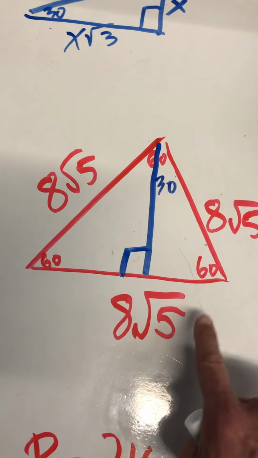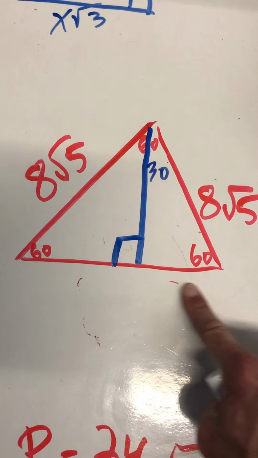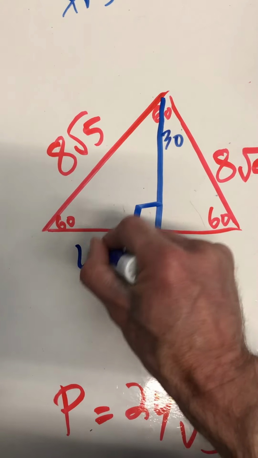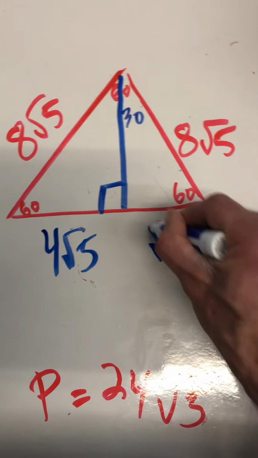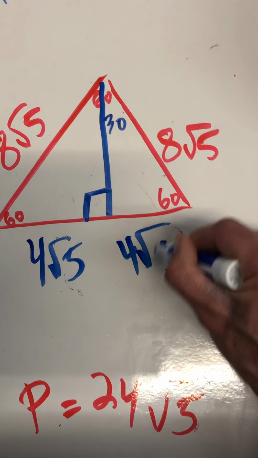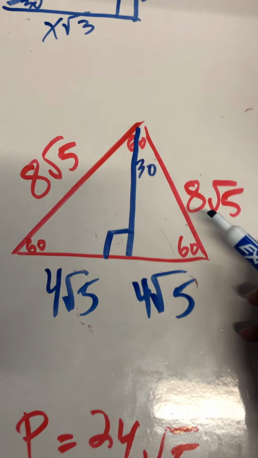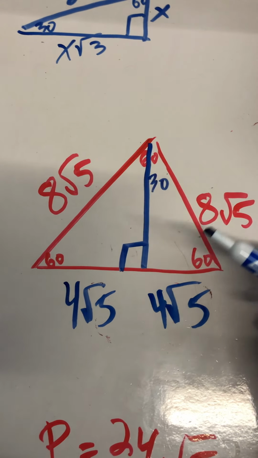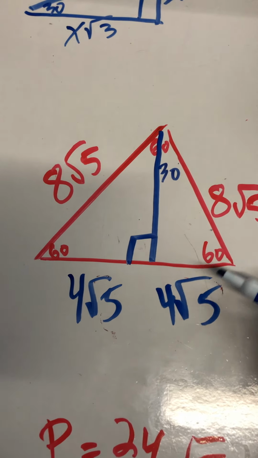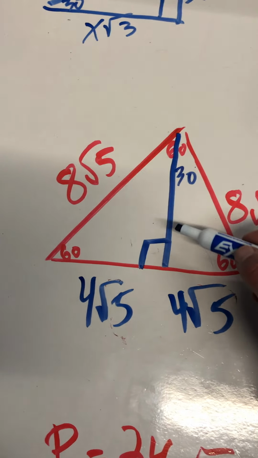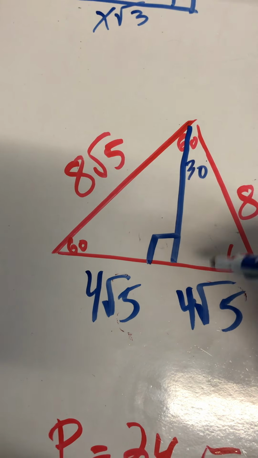So this is 8 root 5. That means that this should be 4 root 5. 4 root 5. Well, that makes sense because remember, this is twice the size of your shorter leg right here. And this is your short leg. So this is what we have to find, this side, which is your short leg